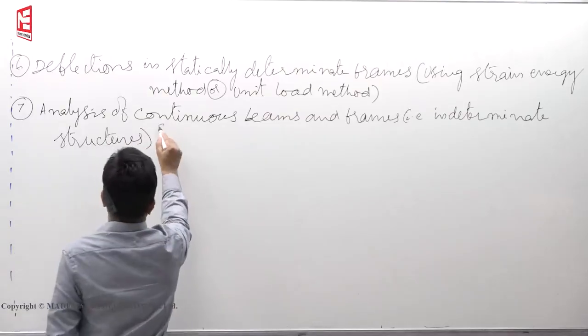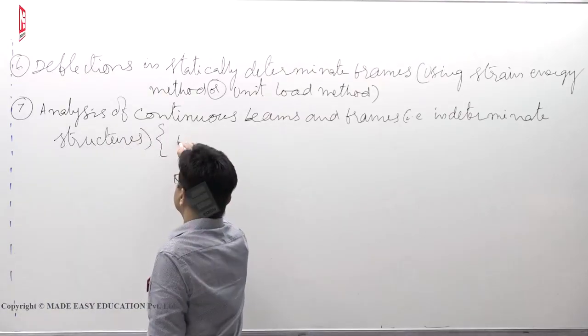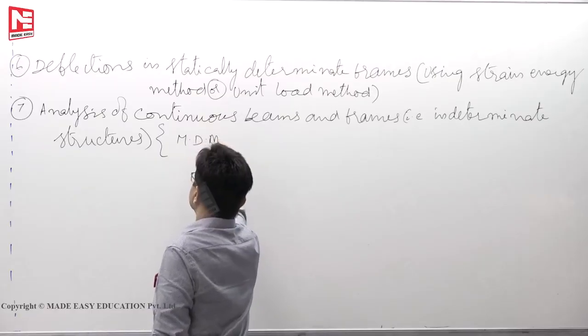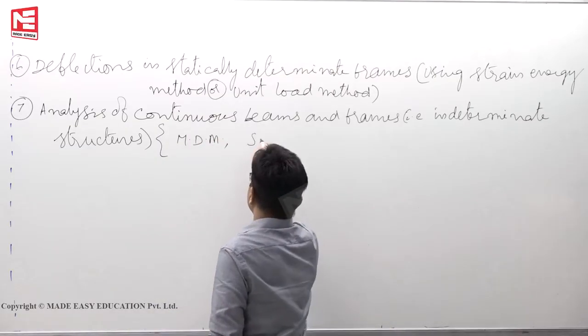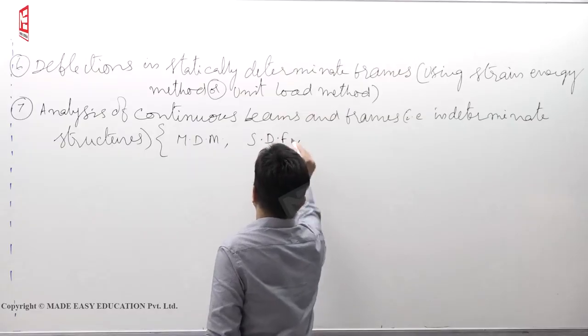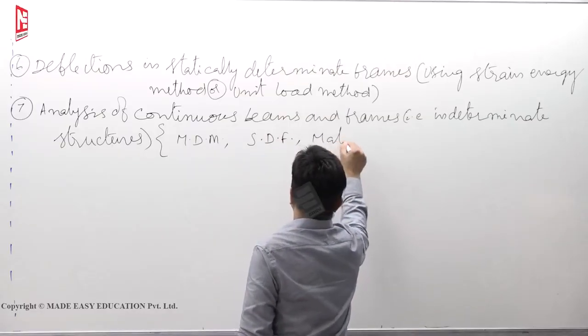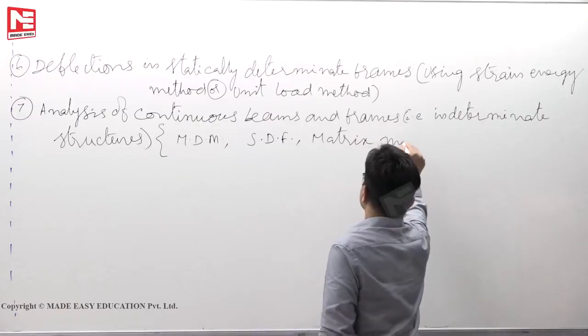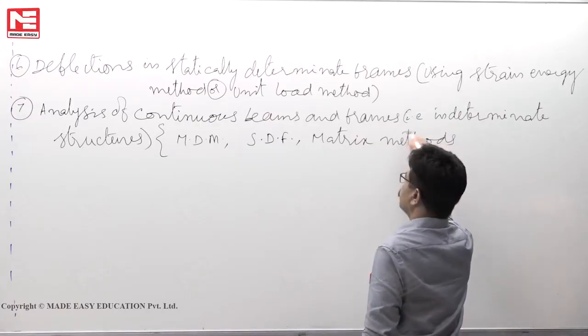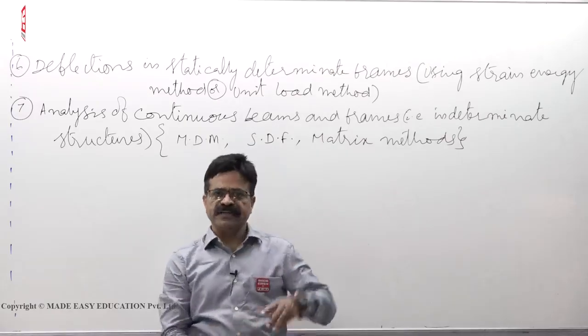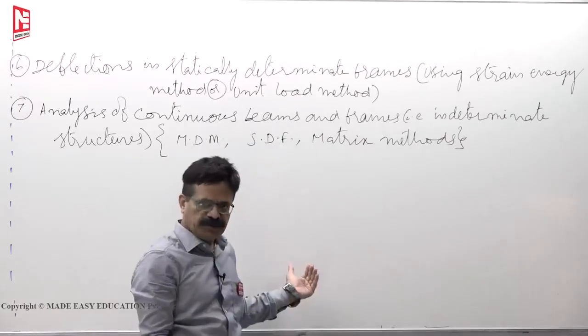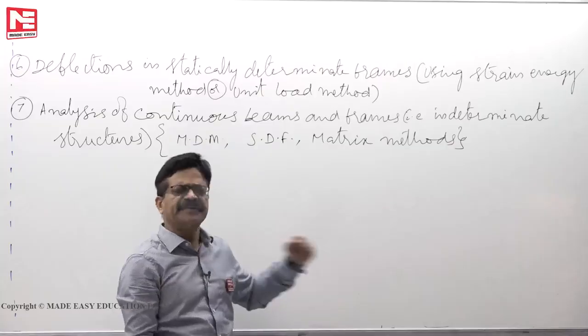In these indeterminate structures, you will learn the moment distribution method, the slope deflection method and matrix methods. In the exam, whatever they give you on a continuous beam or a frame or any indeterminate structure,